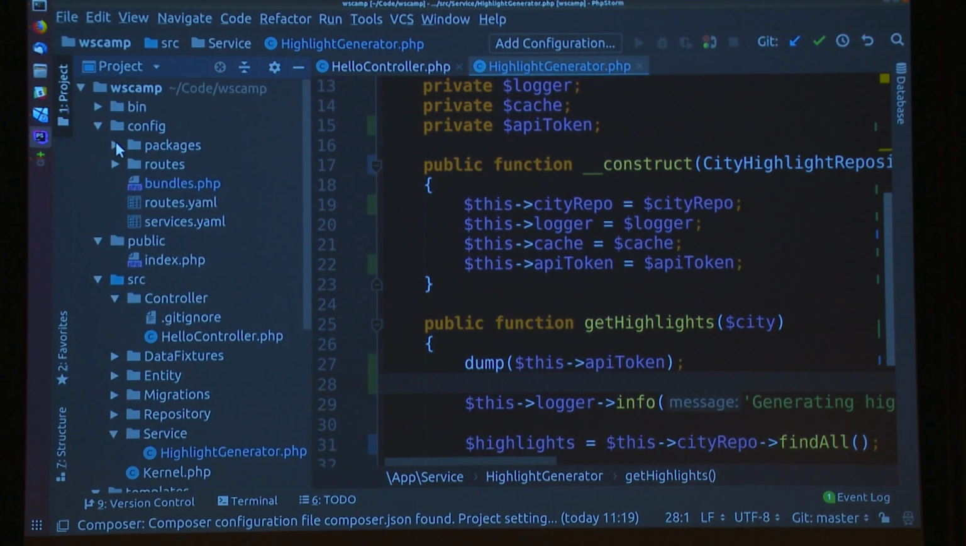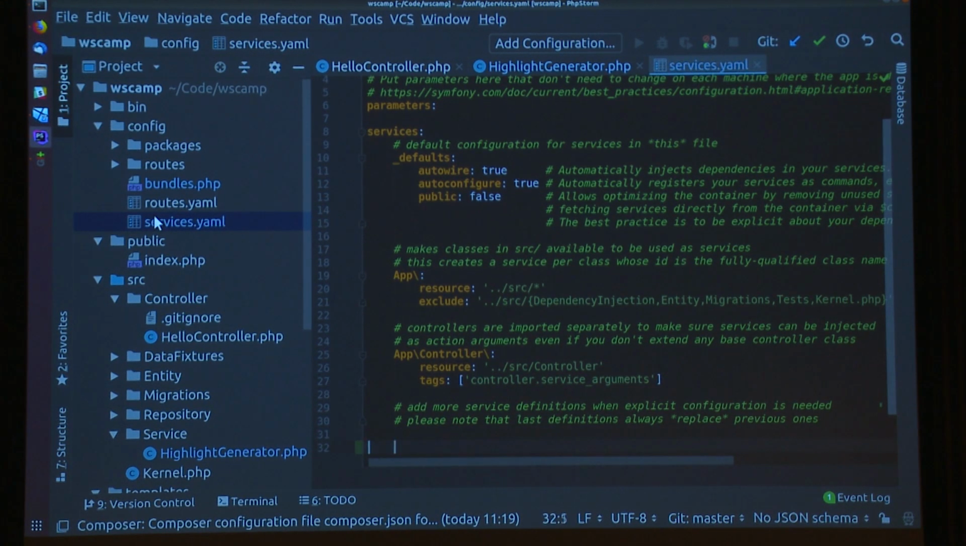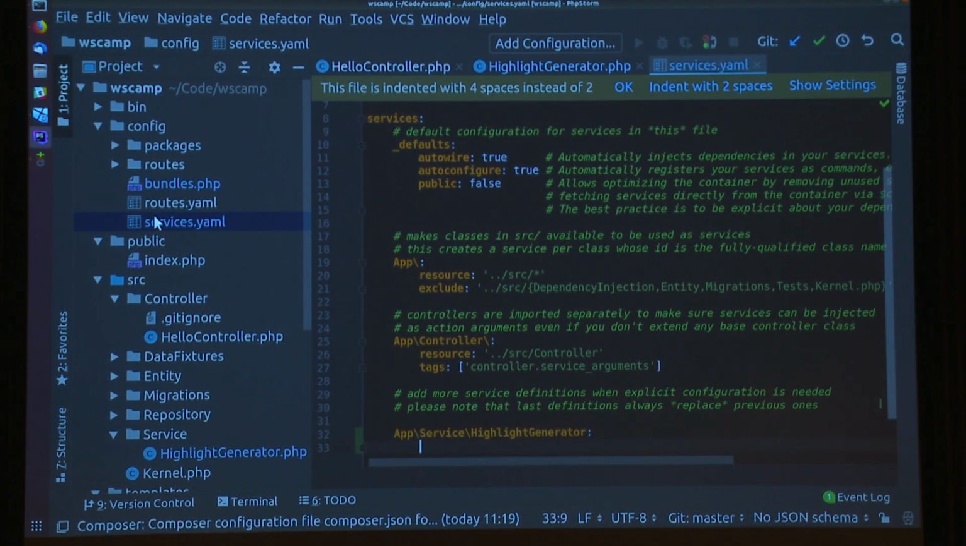So I'm going to open my services.yaml file. And we're going to append things at the end to allow to give some configuration. So I give it the name of the service I need to define. Highlight, what's the name? Generator. And I want to give it an argument which will be called, I'm wondering if this will work. I'm not sure. I don't think so. So I'm going to use the same way. So arguments,